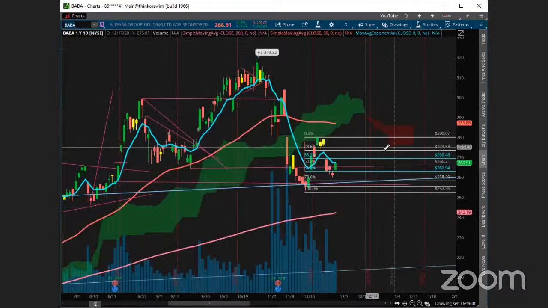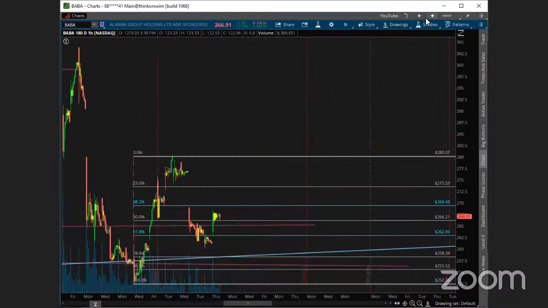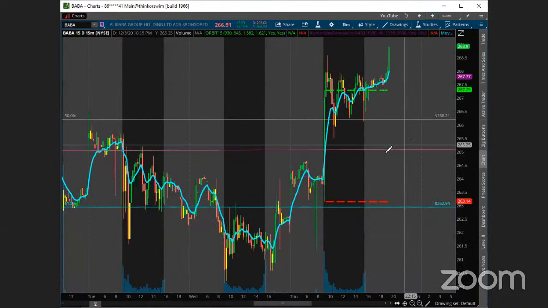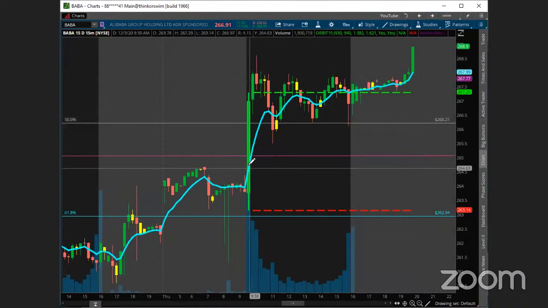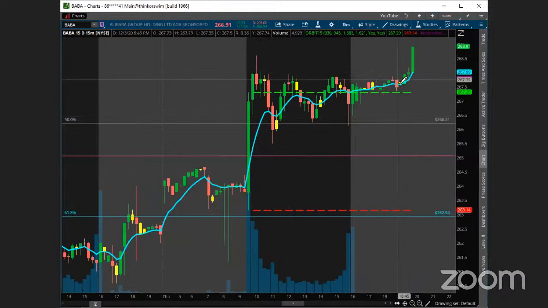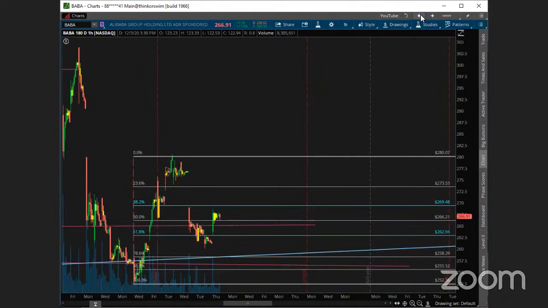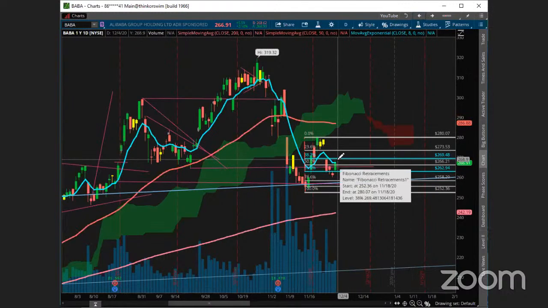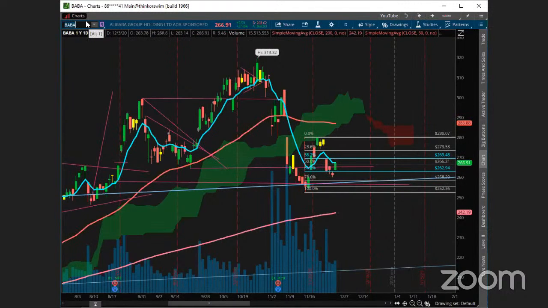Baba was actually pretty fun this morning. So this gave us some good moves, and it's up after hours here too. So nice move on Baba today. This was a great one. We pointed it out at the open. Some good strength right there for a nice push to the upside. Then it kind of chopped around a little bit, but it looked like there was some good buying going on today. So let's see. It's right at the 80 MA. Let's look to see if we can get some further strength going into tomorrow.